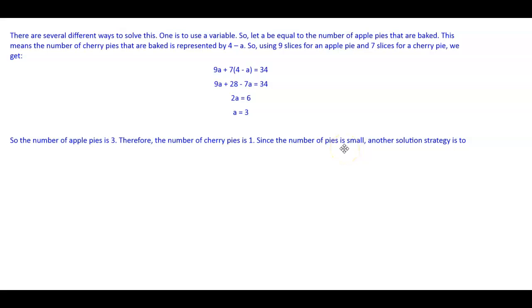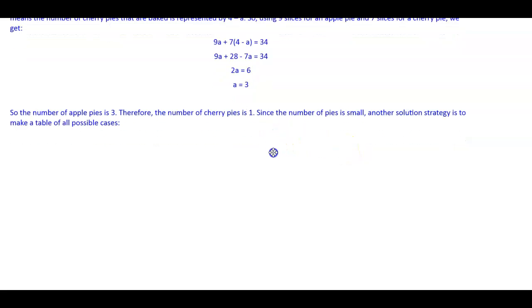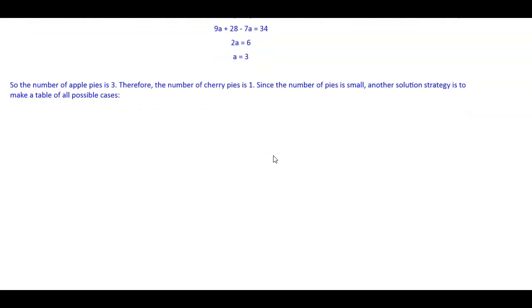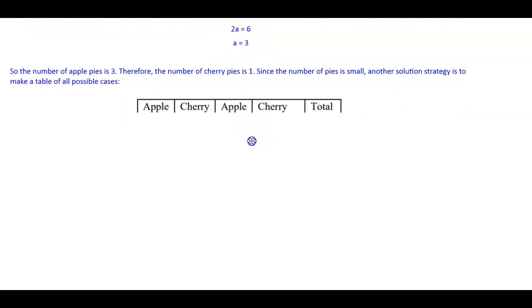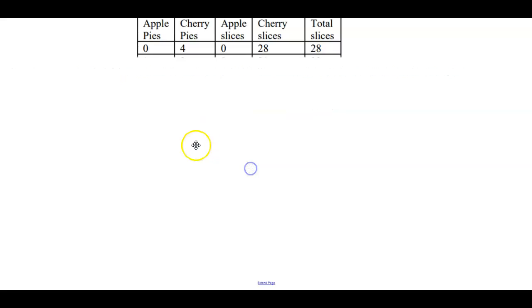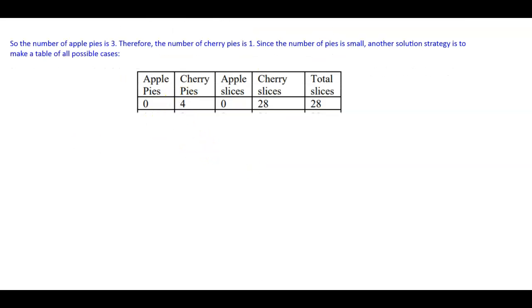Since the number of pies is small, another solution strategy is to make a table of all possible cases. So we have apple, cherry, and the total. Okay, so here's your apple pies, cherry pies, the slices, and the total slices. So if you have 0 apple pies, 4 cherry pies, you have 0 apple slices, 28 cherry slices, so 28 total slices that are cherry pies. If you have 1 apple pie, 3 cherry, that means you have 9 apple slices, 21 cherry slices, and 30